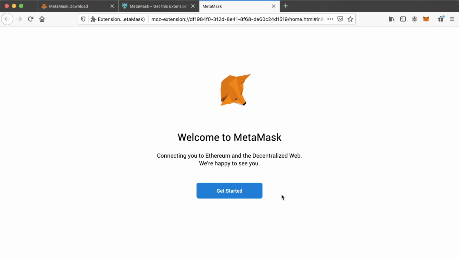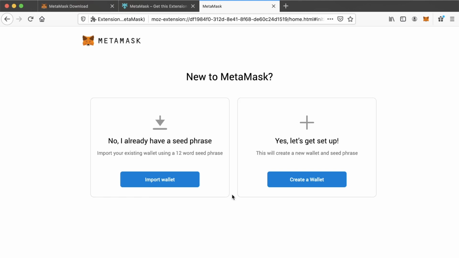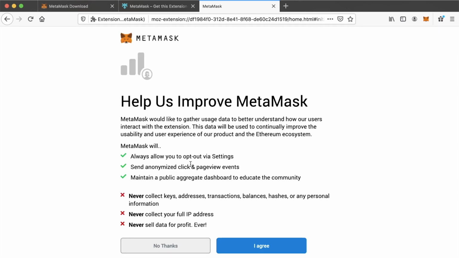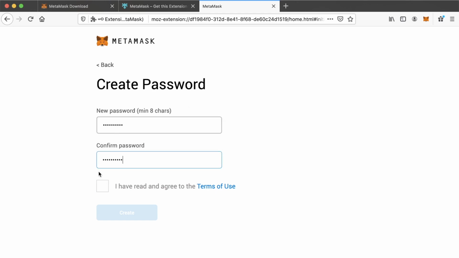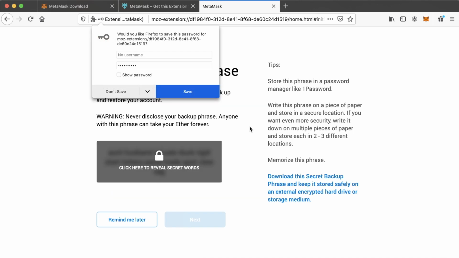Now, before we do that though, we need to get started. We need to get the Ethereum wallet up and running. So if you've already used MetaMask before at this stage and you wanted to import your wallet and your seed phrase, you could do so here. But we're going to start from absolute scratch. So we've got yes, let's get set up. Create wallet. It gives us some little bits of information there. We click agree, and we want to choose a password. So I'm going to choose something completely random. Now, after I've used this MetaMask wallet, I'm going to be deleting it. So don't worry if you see any information.